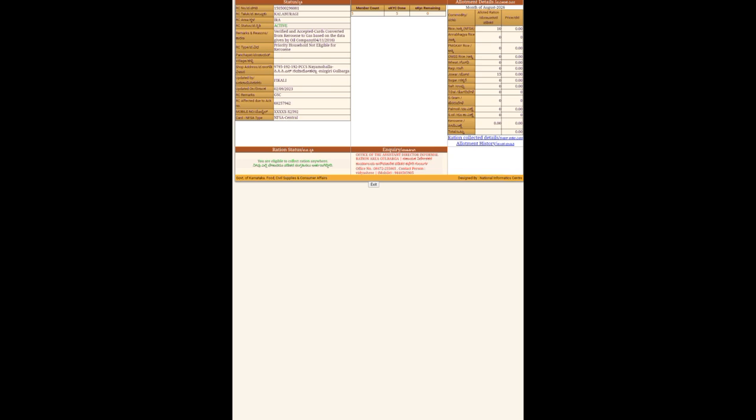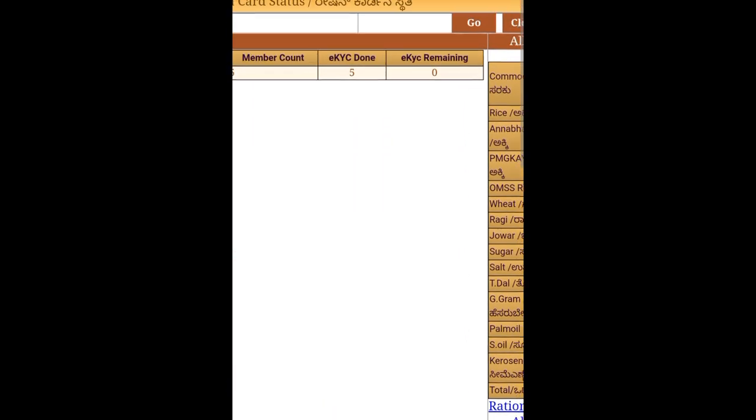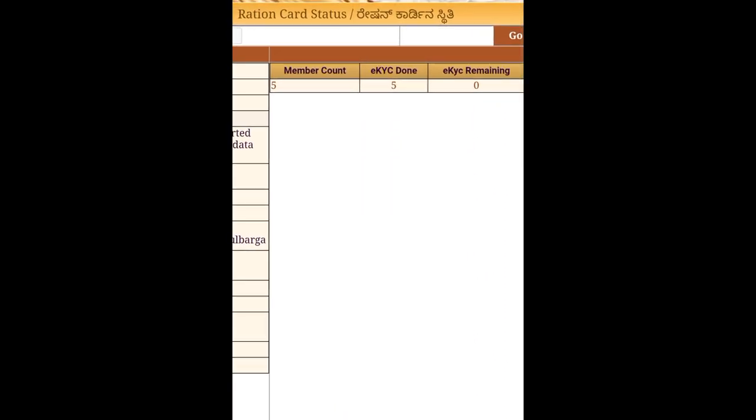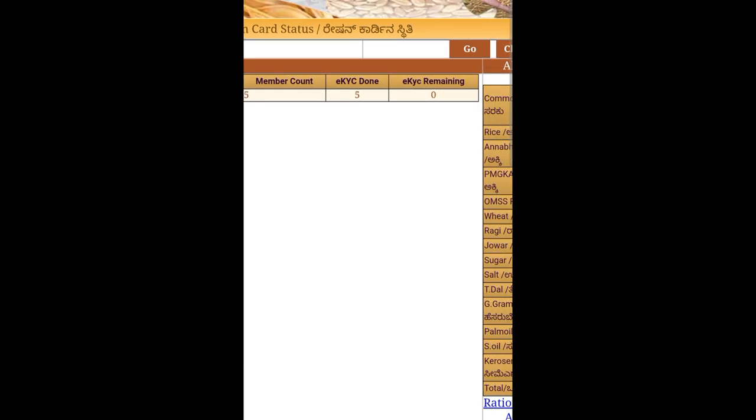Now check here the status. Now you see member count 5, eKYC done 5, eKYC remaining is 0. This is the simple step how to check